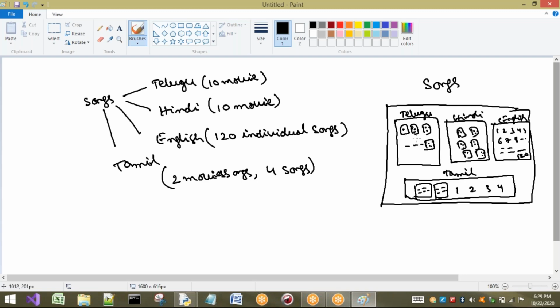So here I have taken only 10 different movies, and the first folder is one movie's songs. Let us take some movie called RRR. The songs of the RRR movie are placed in this folder. Here let us take some other movie, the V movie. Here, another, let us take the Nuvvu Naku Nachavu movie, for example.